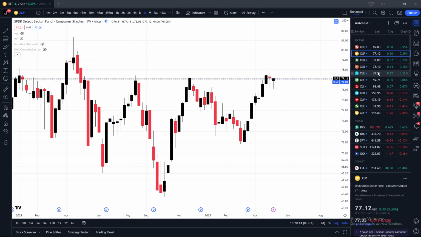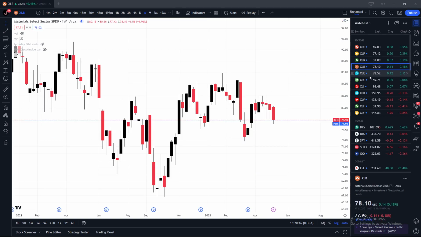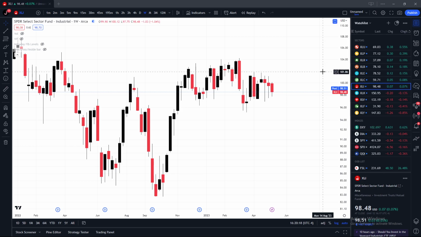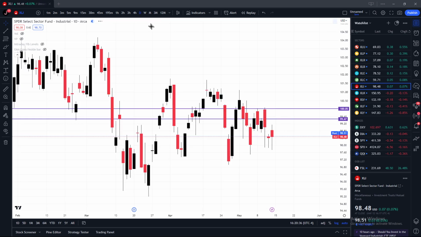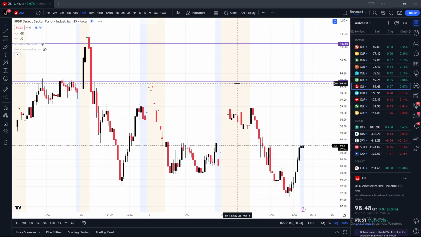XLP is trying to be rotated into. XLB is pulling back. XLI is pulling back. And so all you need to do sometimes, in a simpler form of technical analysis, and this is what Dog and other traders like to do, is just mark those weekly bodies. And that's it. Then just see if you got above your weekly open. If not, then it's in a bearish trend.